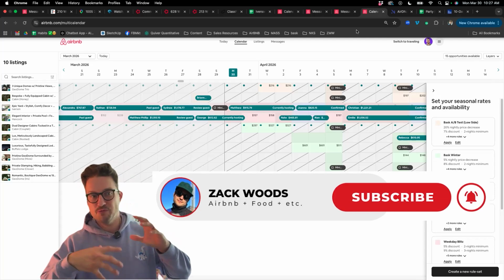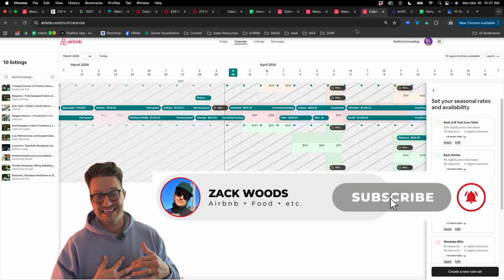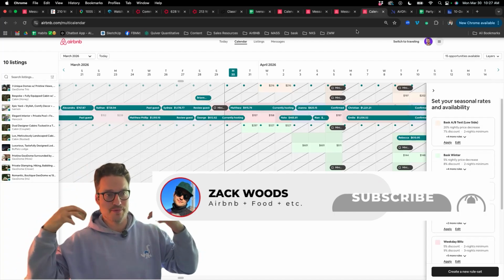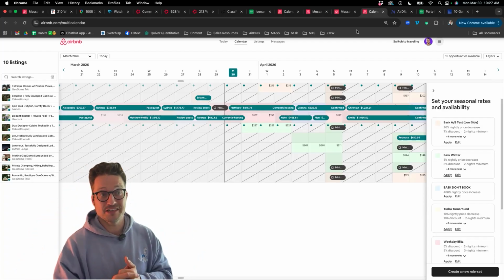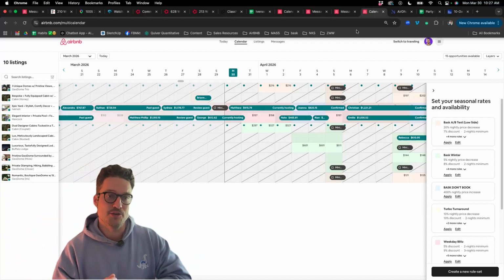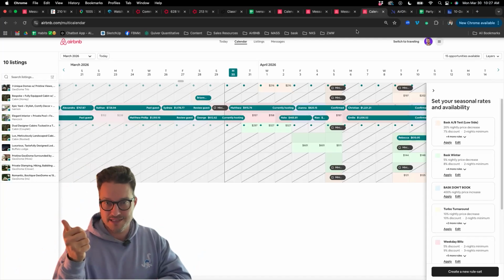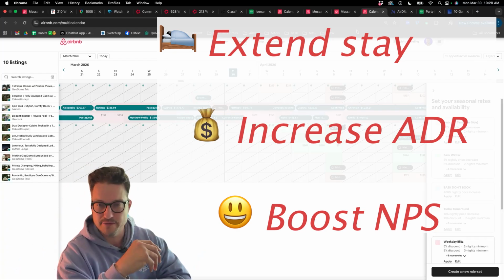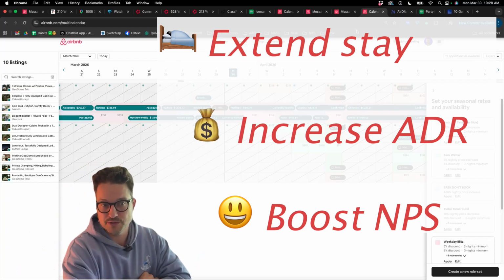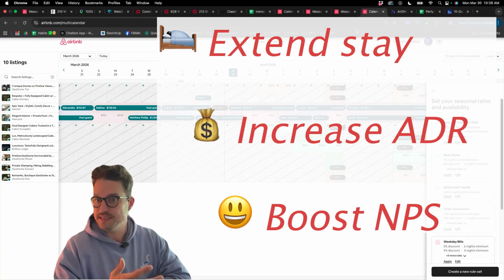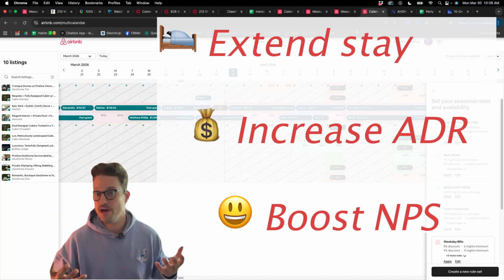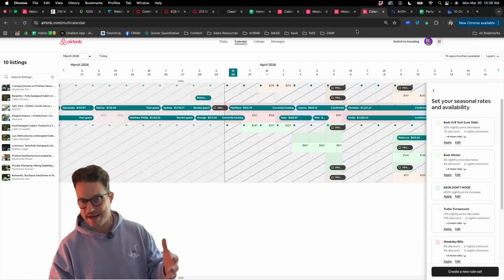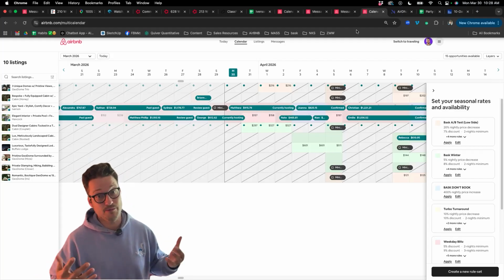Today, we are going to go through what I have to say is probably the easiest in terms of bar of effort or forethought, but potentially one of the most powerful things you can do to extend guest reservations within Airbnb, or direct booking if you're managing your short-term rental in that way, and in doing so increase ADR and occupancy levels, which of course if you're trying to shift from managing one or even just managing one really well,